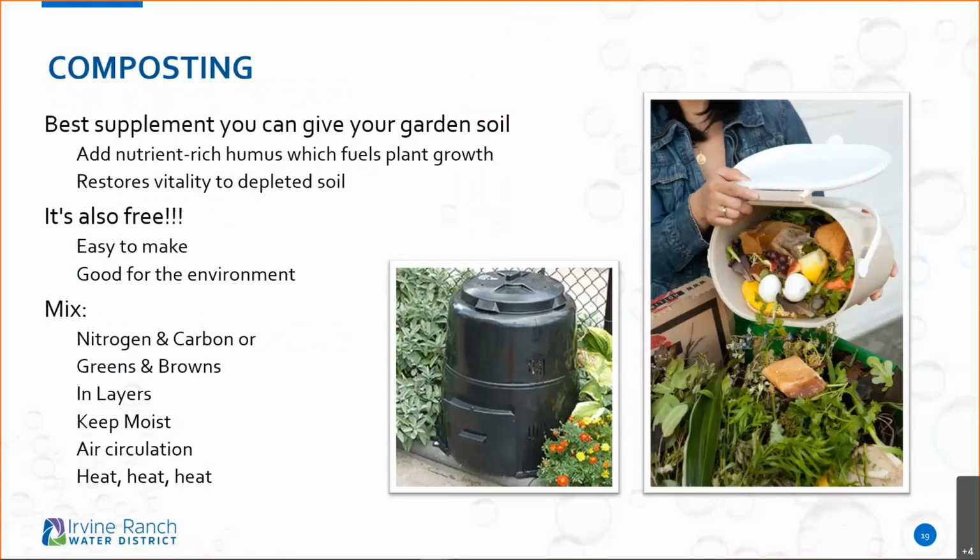Once again, if you're interested in making your own compost, there's some great little bins you can buy throughout the year. Hopefully soon, we have a great partnership with the UCANR and the Master Gardeners where we host composting workshops. We just had a big one in July, but hopefully we're approaching the end of the year, so this spring we'll have some workshops on composting